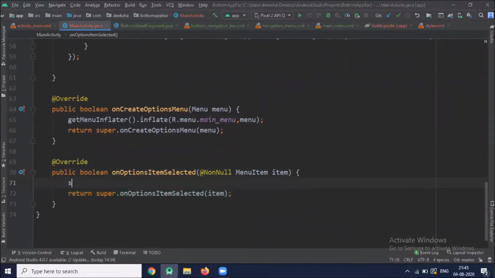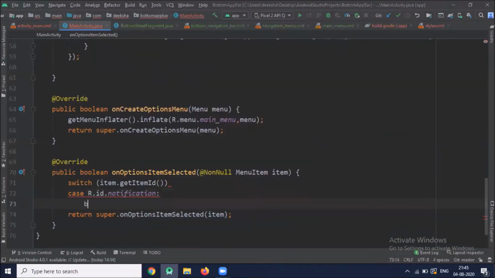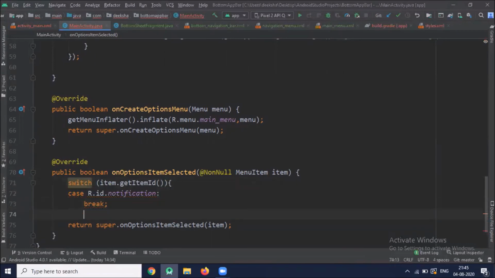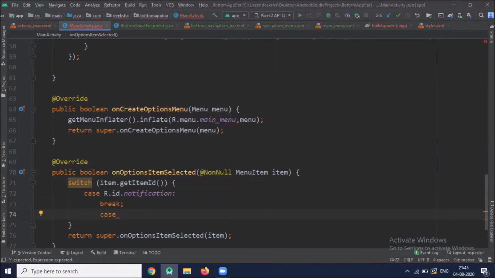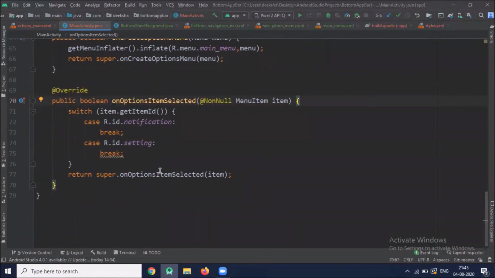Here what you have to do is create one switch item dot get item ID. Or here you can do whatever you want to do.